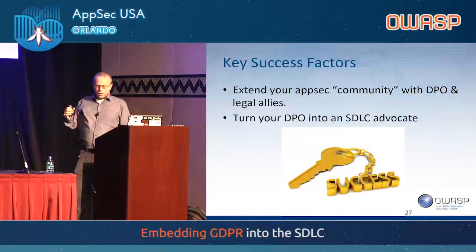There are some key success factors that you will need to have in order to pull this off. So if you're working within an organization that has an IT department and there is a small security team within that department, you're going to need to build relations. The data protection officer in most companies that we talk to is a person that comes out of legal, or that comes out of a safety and risk department if there is any. So you need to make friends with your legal department,